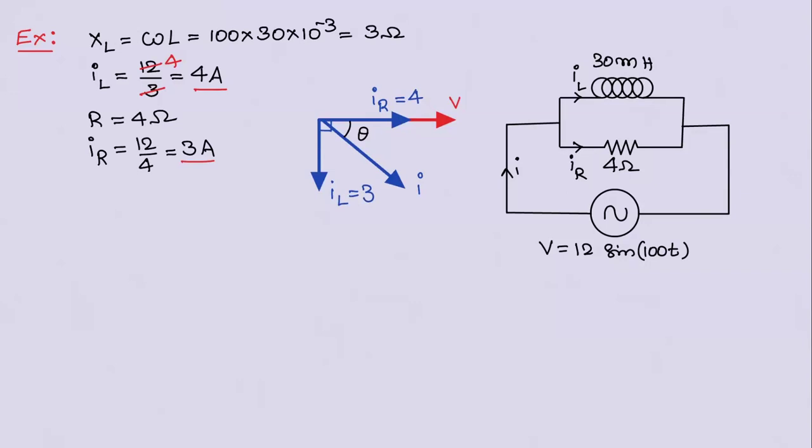After this, simple phasor addition. Can you tell me what is I value? 5. What is the theta value? 37. 53 degrees. Okay. Now, if you want total resistance or Z,